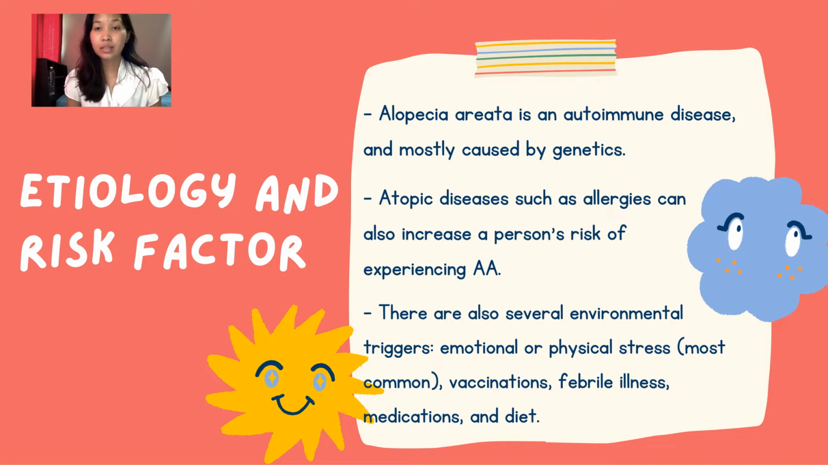Alopecia areata is an autoimmune disease and mostly caused by genetics. Atopic disease such as allergies can also increase a person's risk of experiencing alopecia areata. There are also several environmental triggers such as emotional or physical stress, which is the most common, vaccination, febrile illness, medication,